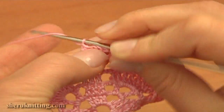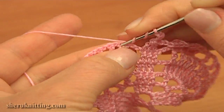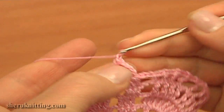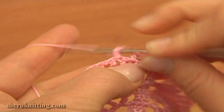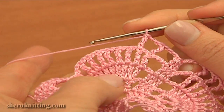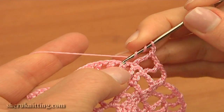Continue, chain 4, 3, 4. Treble crochet through the next treble, and repeat chain 2 and treble crochet through the next treble 7 times. 1, again chain 2, treble crochet through the next treble,